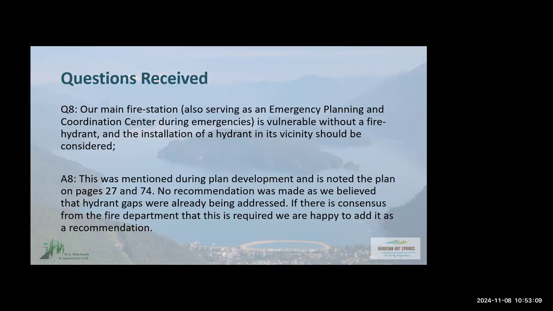It's certainly possible for us to add a recommendation, probably after the cross training section. After a recommendation we have on training, it would be easy for us to add one that just says, Harrison Hot Springs Fire Department is currently well resourced for interface fire protection and structural fire protection, and any